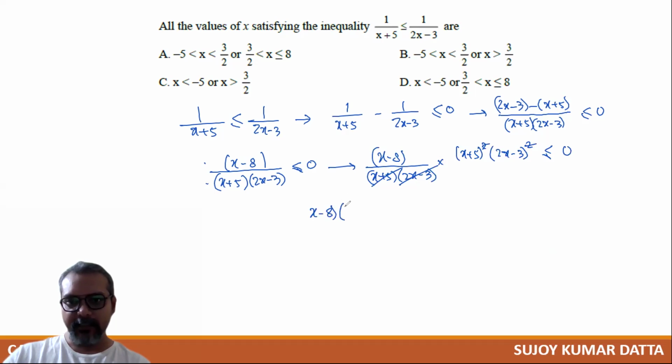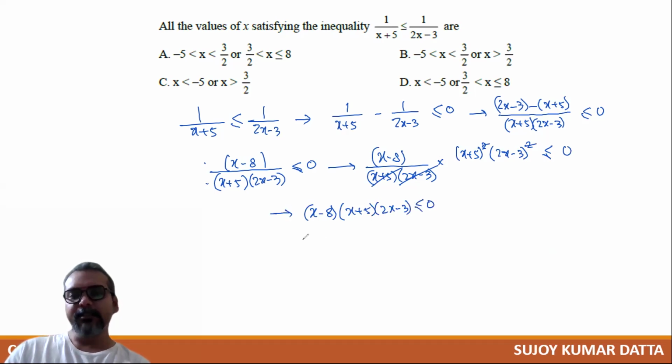That's x minus 8 times x plus 5 times 2x minus 3 less than equal to 0. This one will have the roots at 8, 3 over 2, and negative 5. Now, we have the wavy curve concept we'll use here. Any value of x which is greater than 8, if you check, let's say for example 9, 10 or anything, you will find that each of these three terms is positive. That means the curve will start